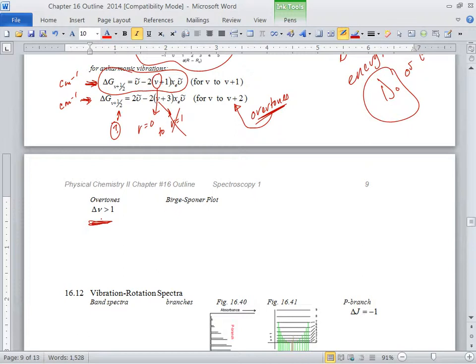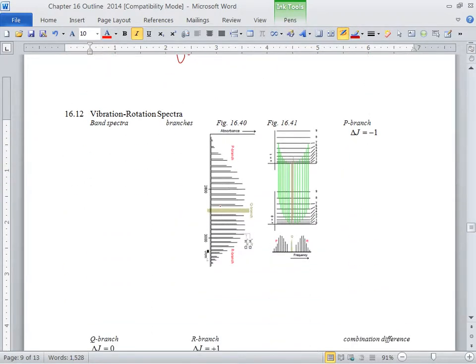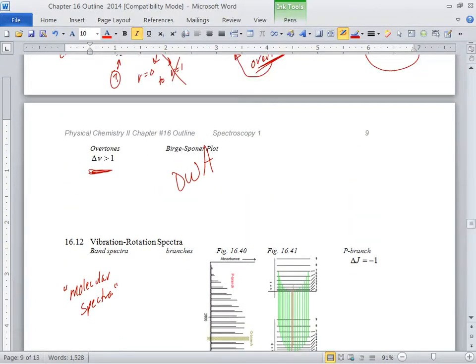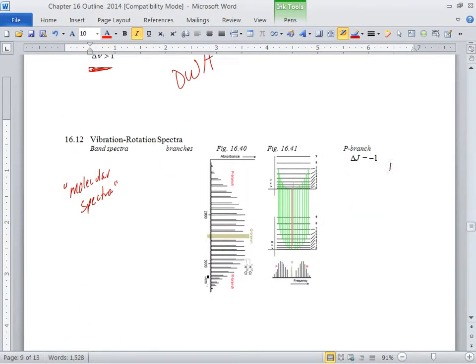Okay. Birge-Sponer, I'm not going to worry about that kind of stuff. Vibration rotation spectra. Okay. They call it band spectra. I've heard molecular spectra too. If you hear this kind of talk, and then they're talking about, when they kind of made a jump here. They made a jump of we talked about,